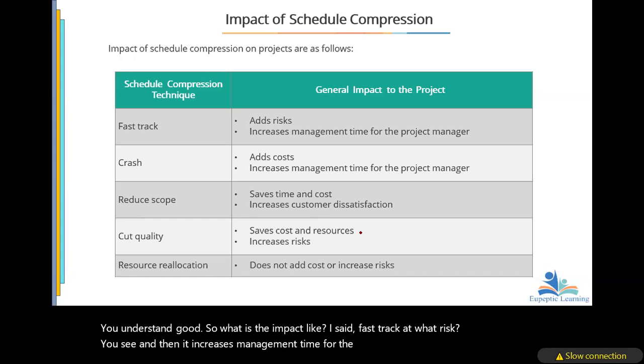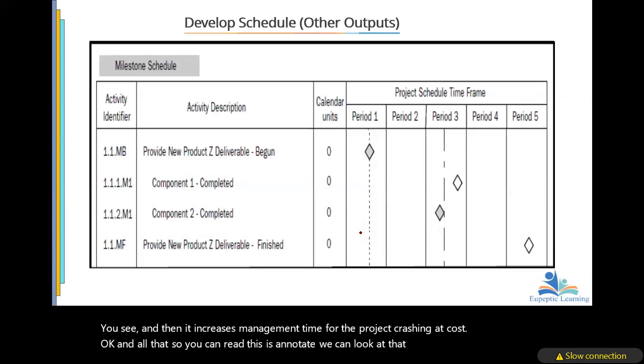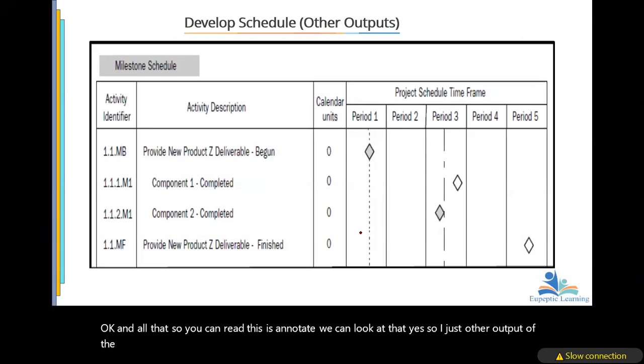Crashing at cost, okay, and all that. So you can read this, is that not it? We can look at this. Yes. So, another output of the developed schedule, you see, there's the milestone schedule. Okay, this is a typical example. PMI will not give you this question, but